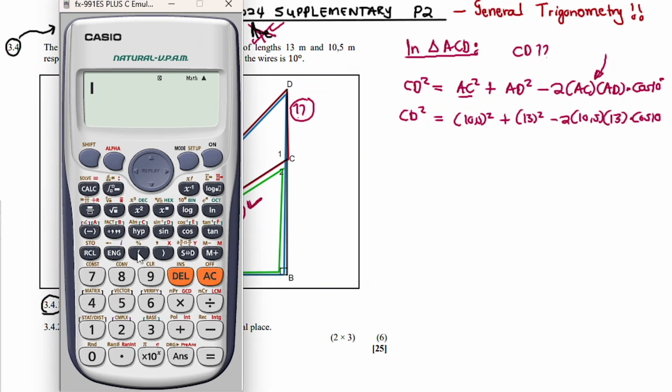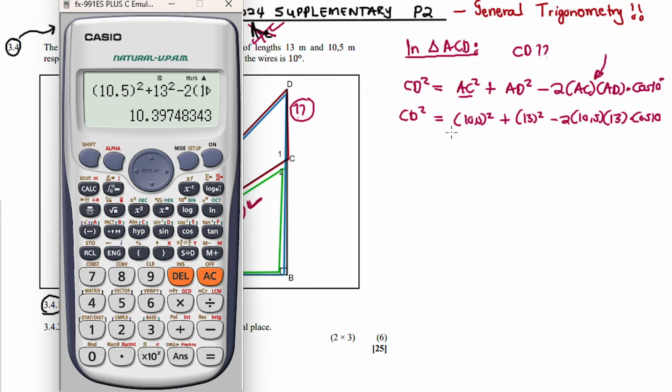Let's take this: 10.5 squared plus 13 squared minus 2 open bracket 10.5 times 13 multiplied by cos of 10 degrees equal to, so the answer, wow,